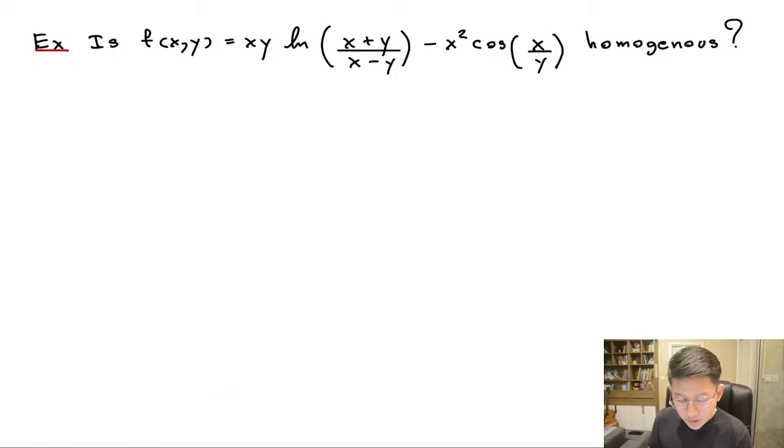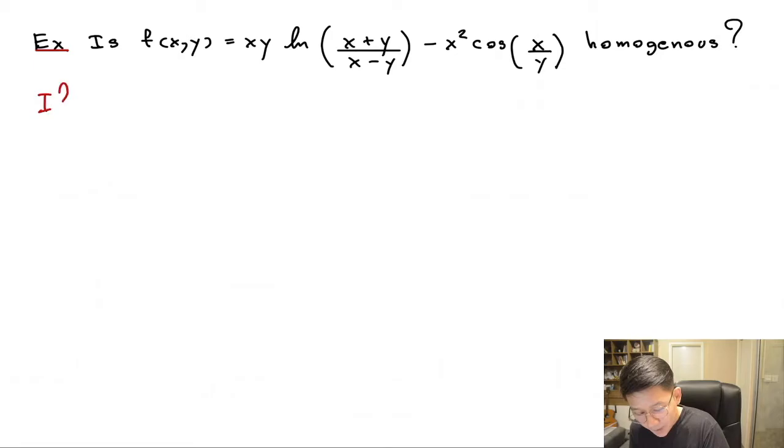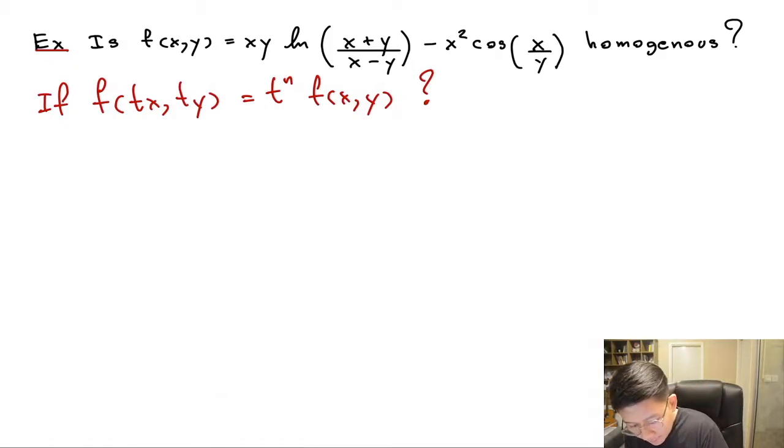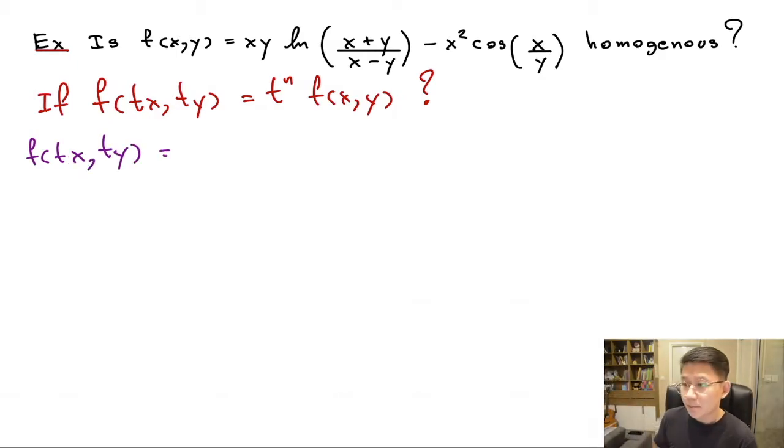Here, is it homogeneous? So it's the same as to ask if f(tx, ty) is t^n f(x, y), whether or not that's true. And if that's true, this function f is homogeneous of order n. Okay, so let's solve it. So f(tx, ty), what is it? f(x, y) is xy times log of (x + y) divided by (x - y)